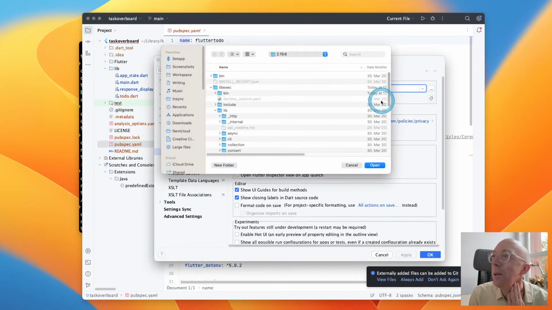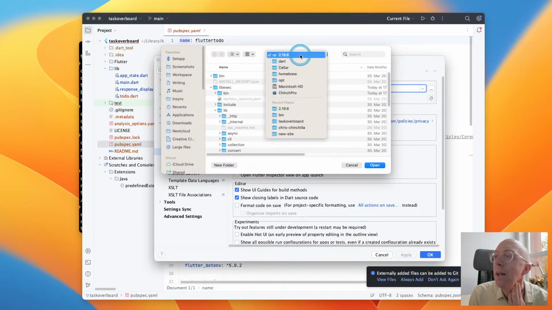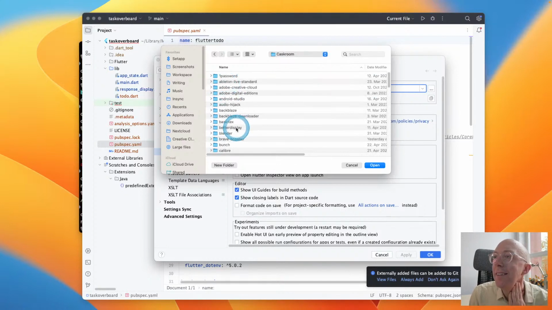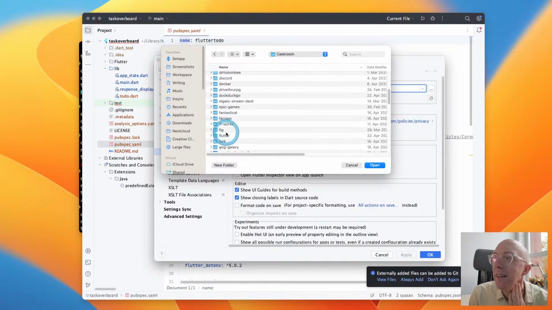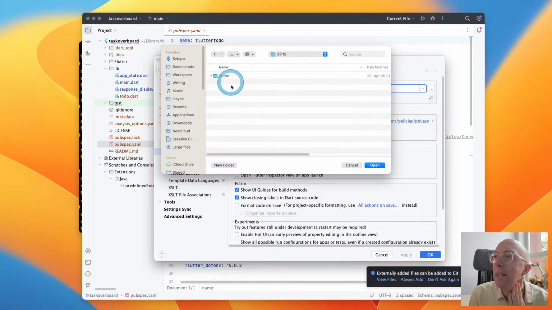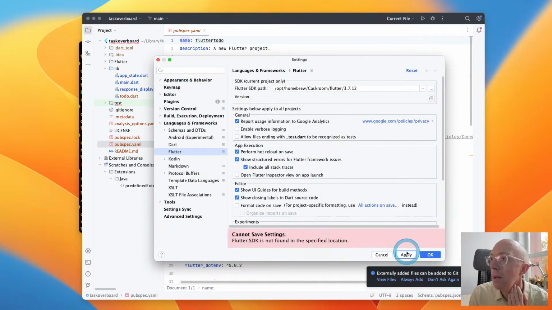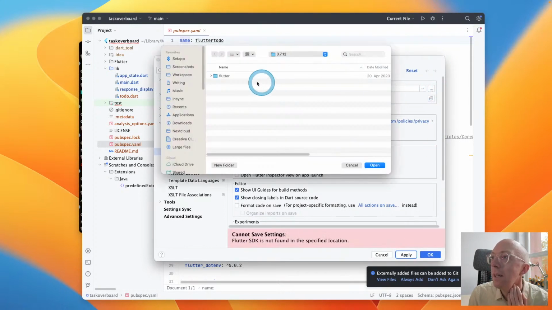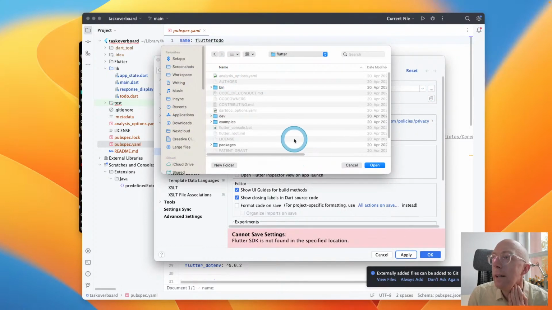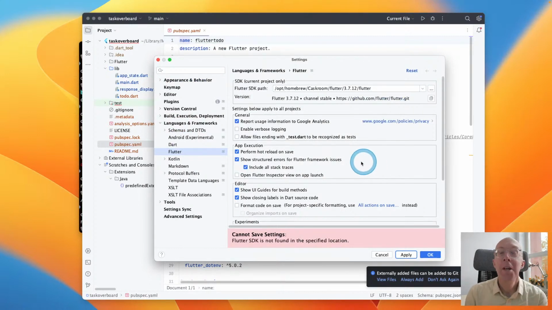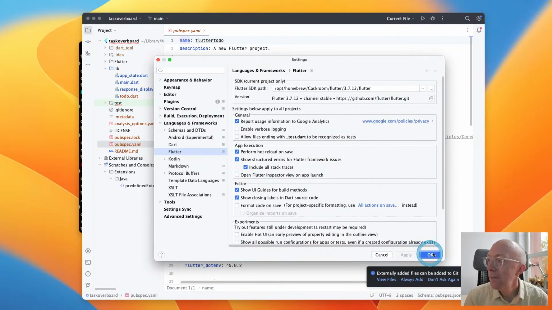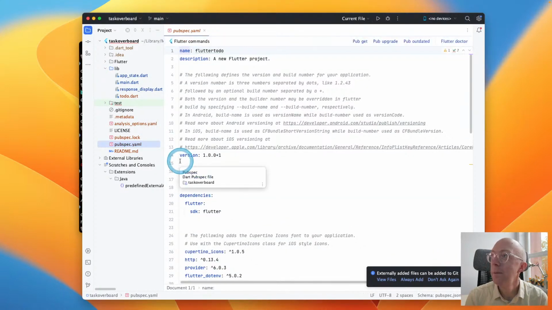It's odd because this is one of those weird cases where VS Code seems to just figure this stuff out. So it's in here somewhere, but I'm still not sure what it wants. It seems to be not happy with that. No, okay. Maybe? Yes, there we go, good. Okay, so that's now Flutter. There we go.